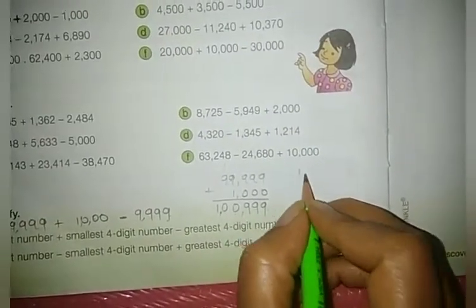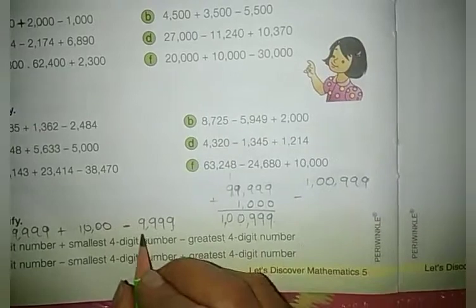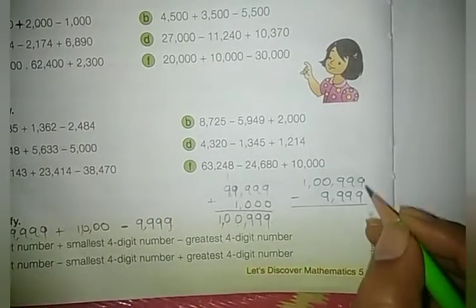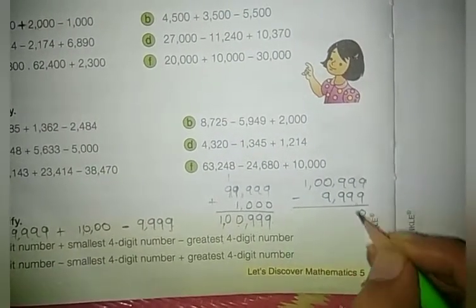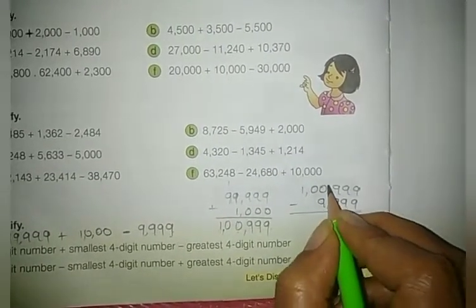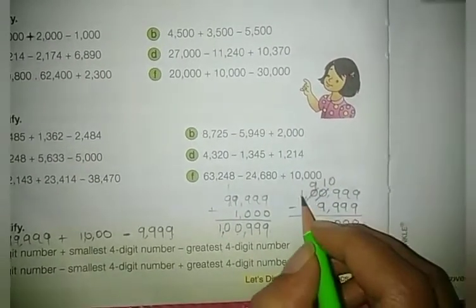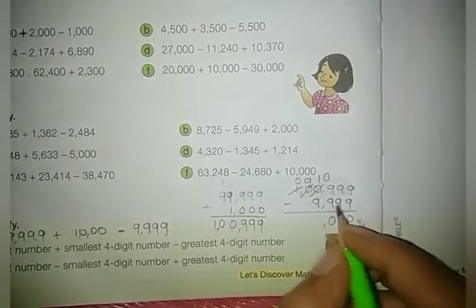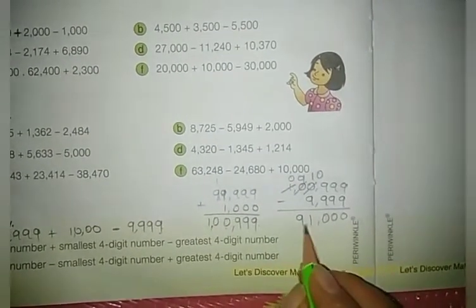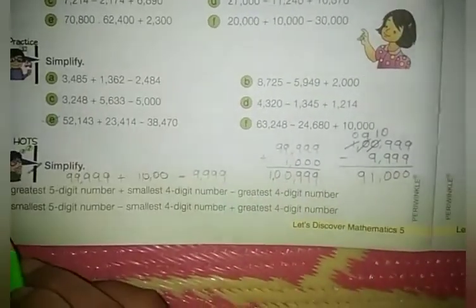Let's subtract now. Write this number. Then subtract. From the 1,000 place we have to write. 9 minus 9 is 0. 9 minus 9 is 0. 9 minus 9 is again 0. Then 0 minus 9 is not possible. Cancel, make it as 10 and this as 9 and this as 0. 10 minus 9 is 1. 9 minus nothing is there means 9. So the answer is 91,000. It is a 5-digit number now. The answer is 91,000. Now we are going to solve the B1.